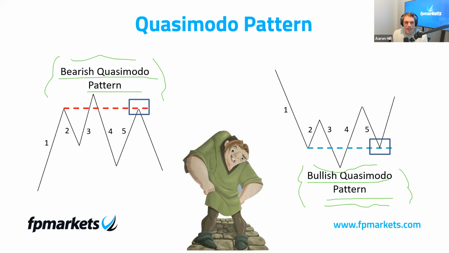So look, why is it called a Quasimodo? Where did the name come from? Just to be clear, the QM has attracted other labels over the years, including what's known as the over and under pattern, or simply fake out formation. Now, look, for why Quasimodo? I believe, I'm not sure, I believe the name originated from this handsome young fella here.